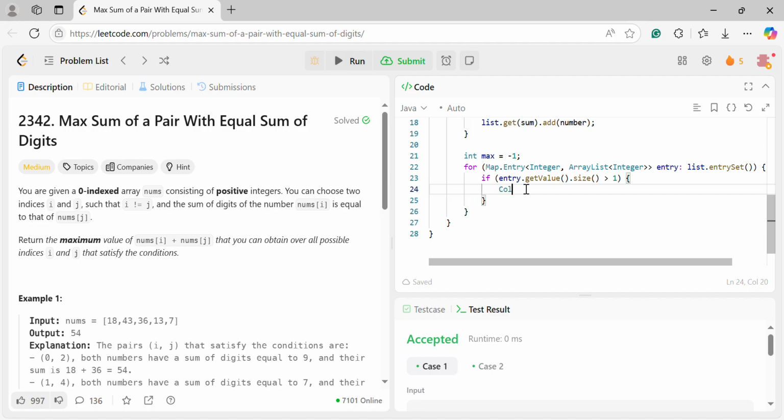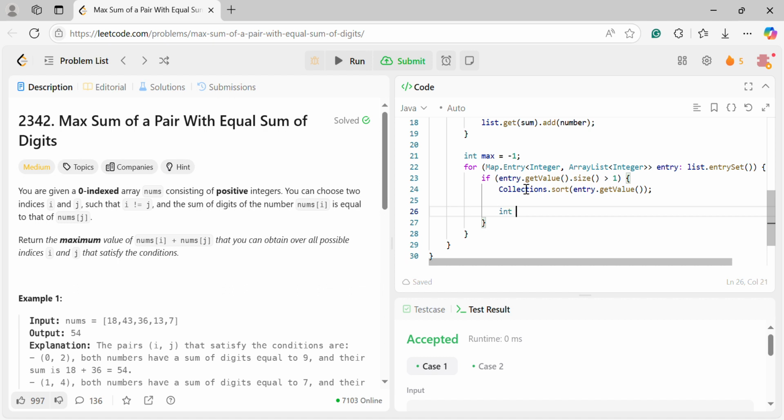So Collections.sort(entry.getValue()). After this, we are going to keep track of the largest element, the largest index, and the second largest index,